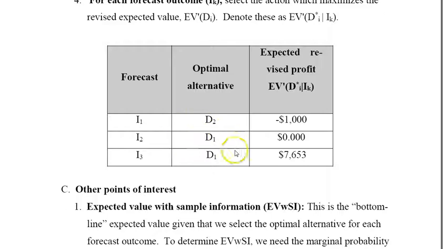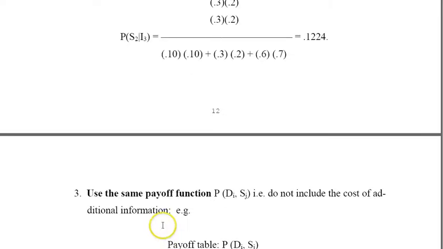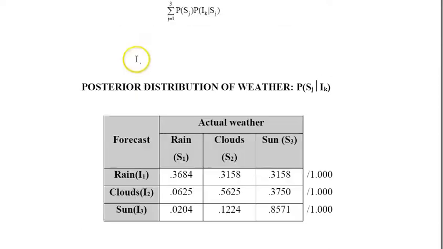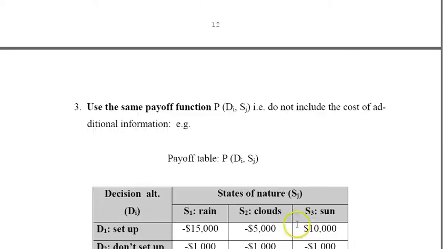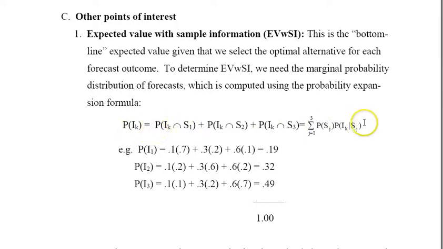So then I would like to get my overall expected value, but to do that I need to be able to compute the probability that the forecast calls for rain, for cloud, and for sun. If I get those probabilities, I can multiply them by these payoffs and get my overall expected value with sample information. So to do that I want to get the probability of I1, I2, I3, and if you do these calculations, the probabilities are in the denominator of the formula. These probabilities have already been calculated, and I'll show you that later. So P of Ik would be given by this formula, and it will give me P of I1 0.19, P of I2 0.32, and P of I3 equal 0.49. So I take these probabilities,